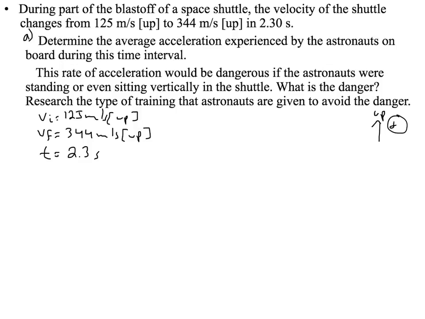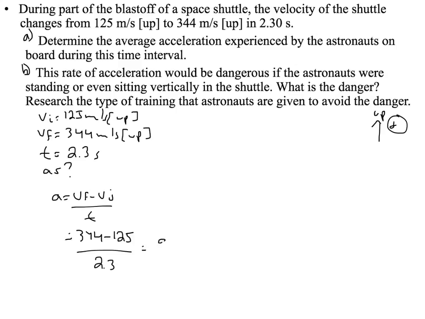So that would be A, that would be B. So A is the question. So again, A equals VF minus VI over T. We plug our numbers in, you get 344 minus 125 all over 2.3. And you get an acceleration of 95.2 meters per second squared